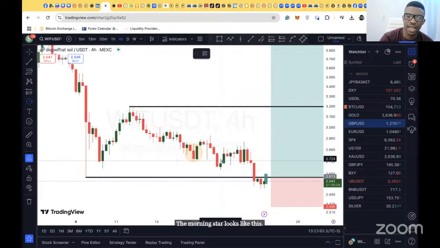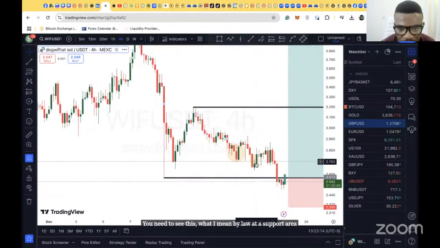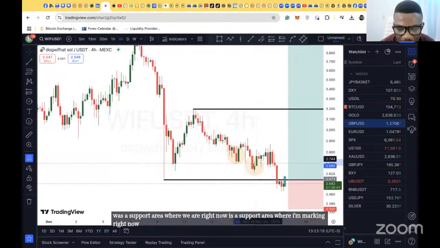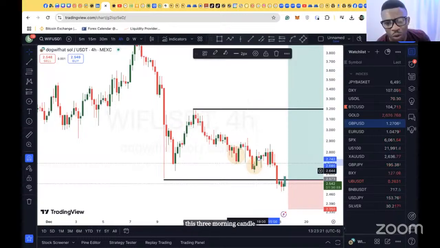It's a 3-candle pattern. You need to see this, what I mean by low, at a support area. What's a support area? Where we are right now is a support area. Where I'm marking right now, this 3 morning candle, is a support area, because if you look to your left,